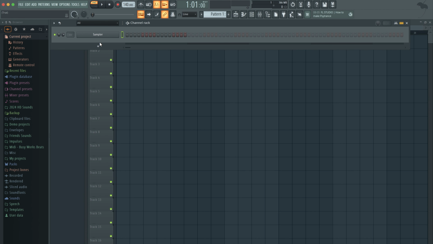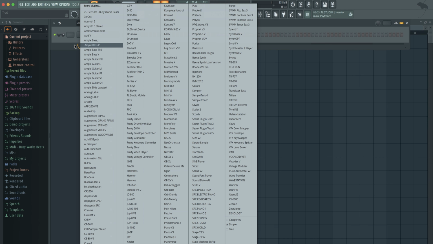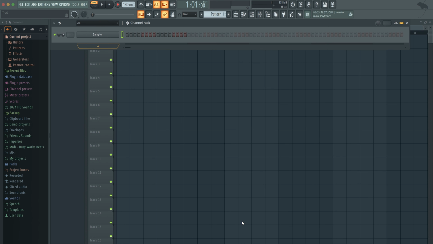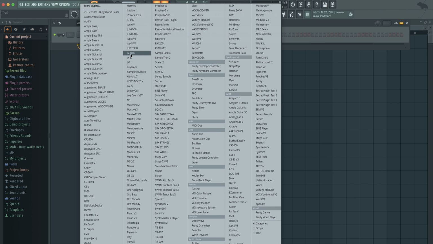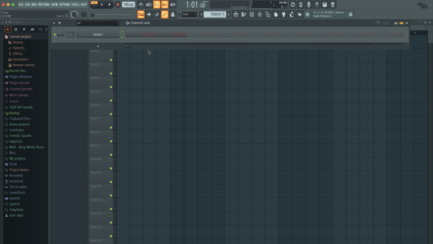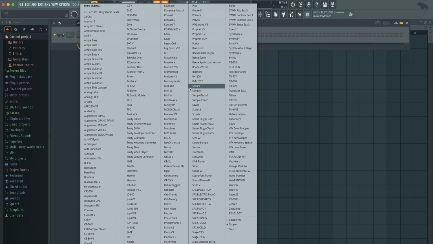All right, so these 5 buttons, pardon me, we're going to click right here. This is the channel rack. Let's click this plus icon. Now I like to have mine in what's called the simple format. If you click the plus icon and look over here where it says category, simple, and tree, if you have categories, it shows up like this. I just don't like my stuff randomly like that for many different reasons, so I keep it on simple. That's why mine looks like this.